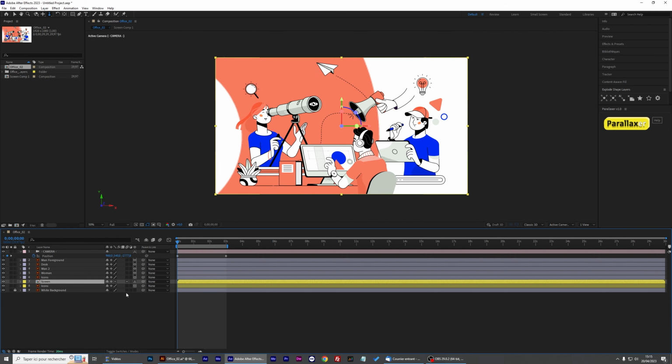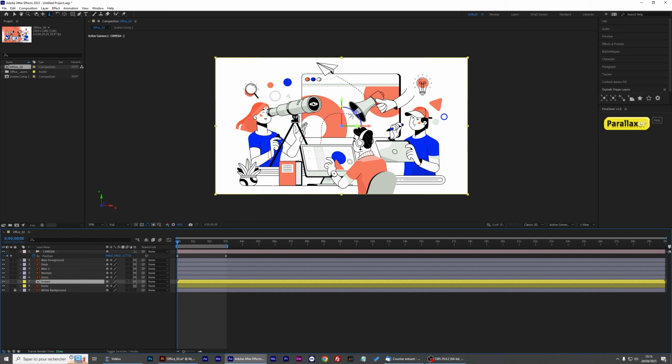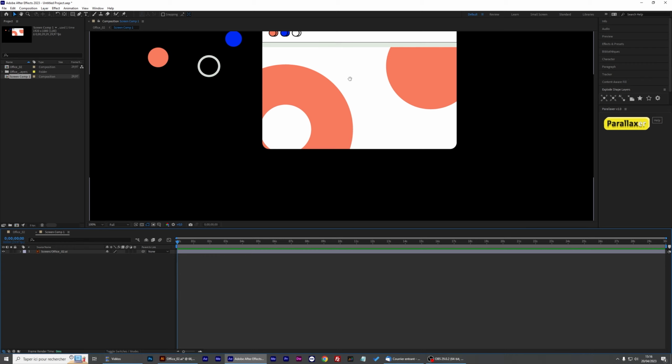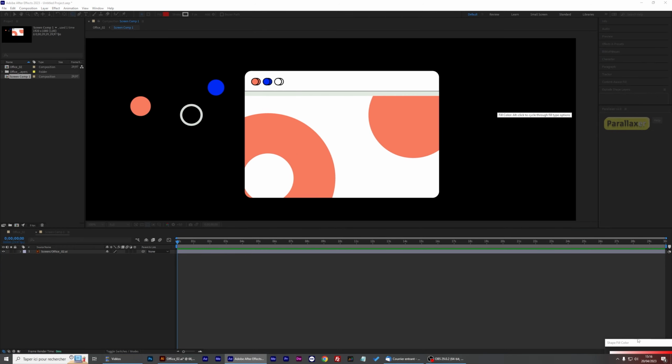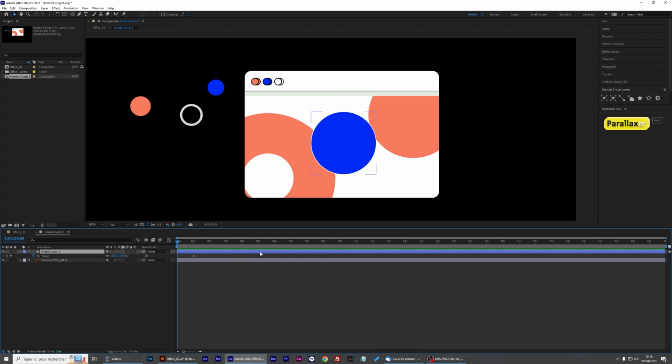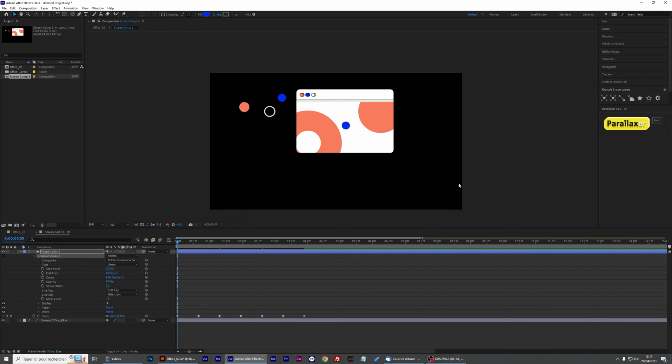So what happened? When I pre-compose a layer with Vectorize activated, it won't be in 3D anymore, so I have to deactivate it. And there is a solution to correct the layer if it's too blurry. We will see that later. But for now, we're going to do a little animation in our screen over there. Okay, so this will do the job. It's not the most fancy animation I've ever done, but to understand how it works, this is okay.